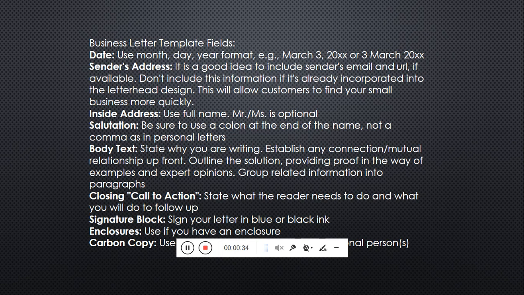And after that, the sender's address. It is a good idea to include sender's email and URL if available. So nowadays this is a technological age, and here everything is done through online method. And see, now we are having this YouTube lessons. If people are looking at your mobile or on your laptop just for a doubt to be cleared.